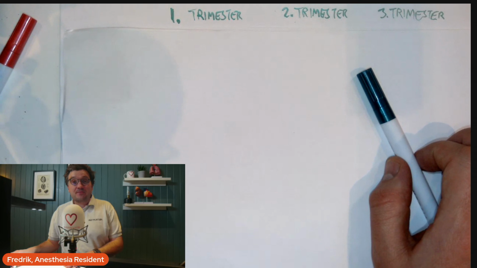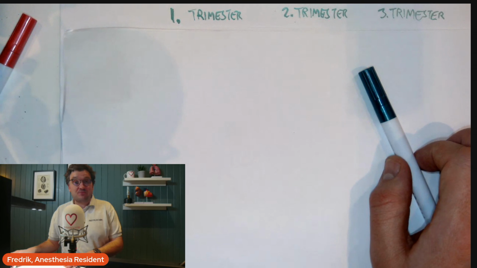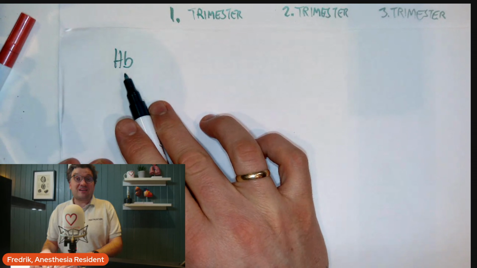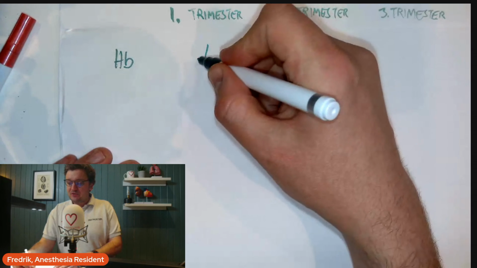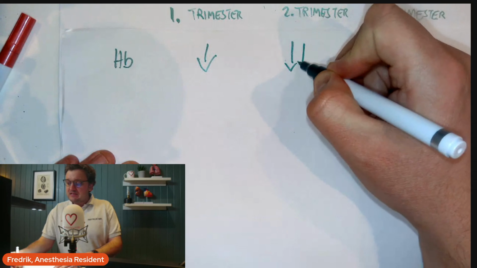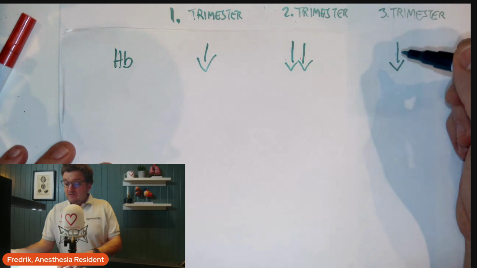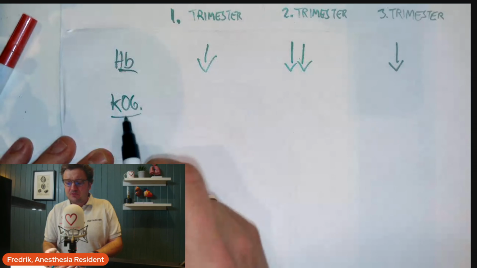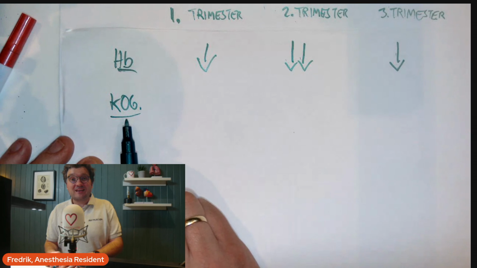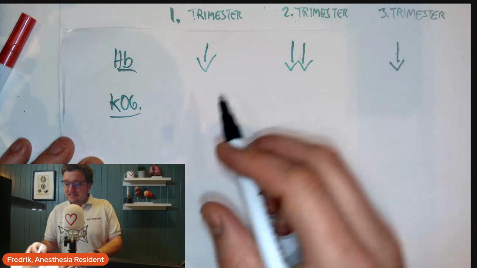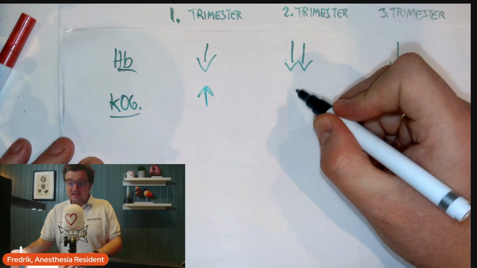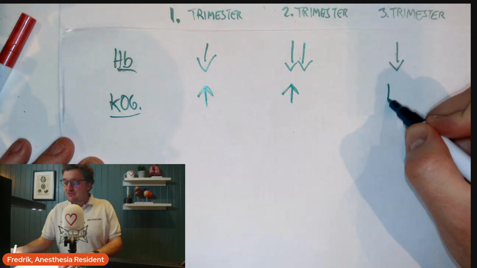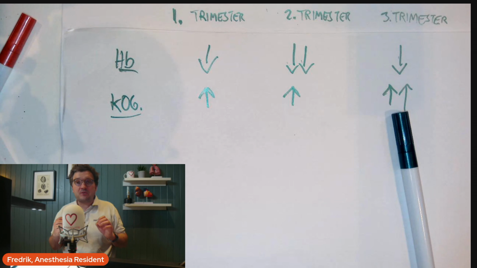We're now going to have a look at some of the hematological changes that happen in pregnancy. So starting out with hemoglobin itself, it is slightly decreased in the first trimester, greatly decreased in the second, and then slightly in the third. When we look at overall coagulation, that is not measured in some kind of blood sample, just the overall tendency of the blood to coagulate. You see a slight increase in the first trimester, a slight increase in the second, and a great increase in the third. Having a ramped up coagulation system means that women are somewhat protected from postpartum hemorrhage, that is bleeding